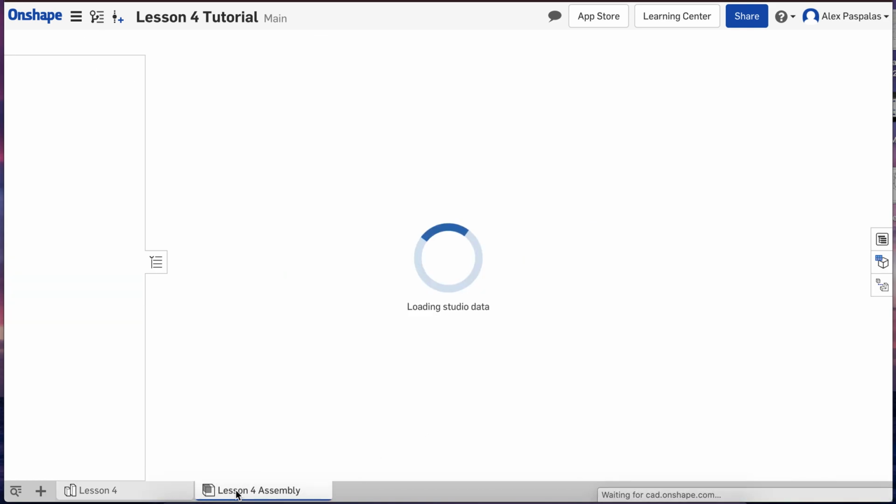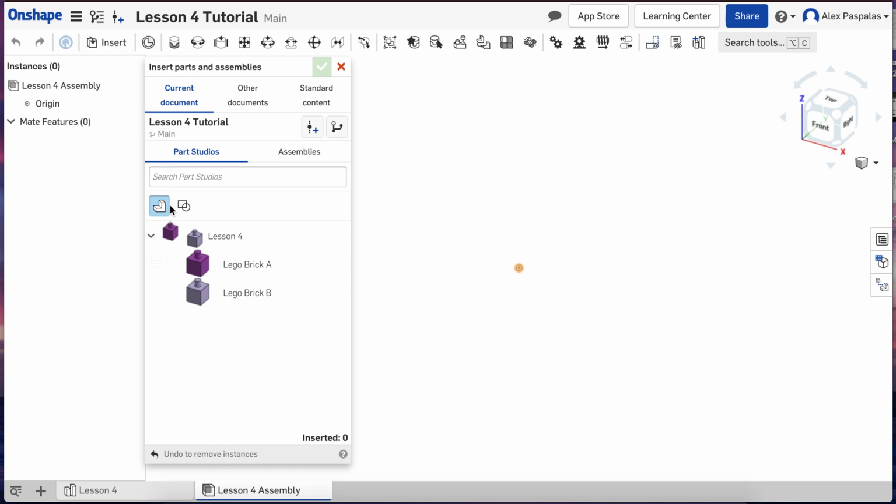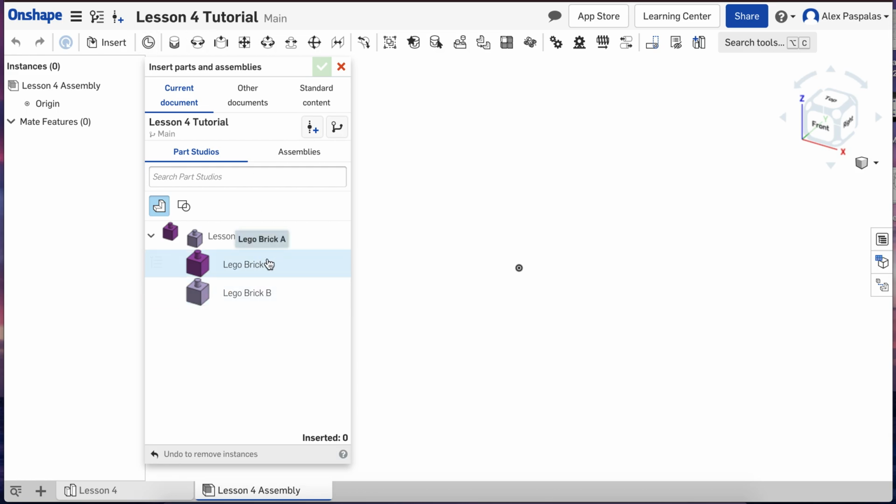So you're going to click on the Assembly tab named Lesson 4 Assembly. And the first step is to insert the parts you wish to assemble. So I'm going to press Insert. And sometimes you don't have this drop-down caret clicked when you first click Insert. If I just chose to click this, Lesson 4, it would bring everything in that Part Studio tab in. I like for you guys to click things individually to bring in to the document or to the tab. You can also bring in things from other documents, but we're always probably going to be working with the current